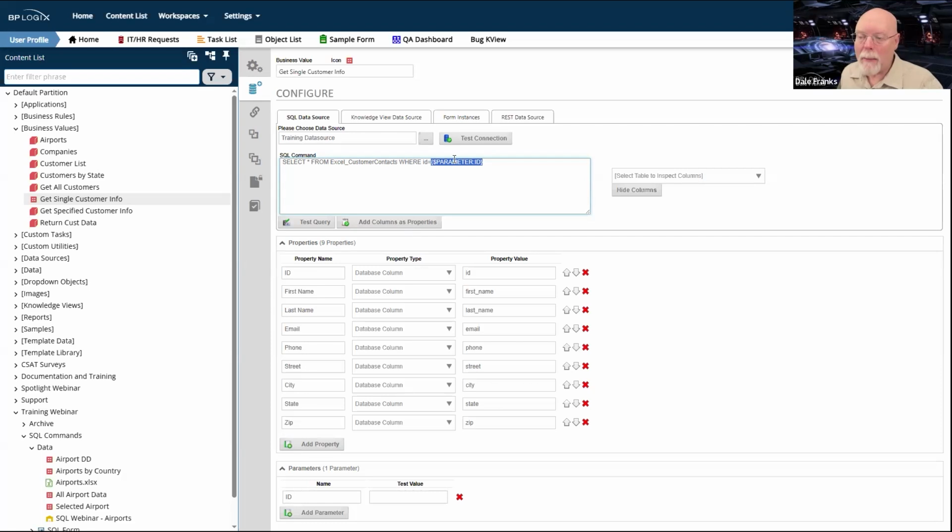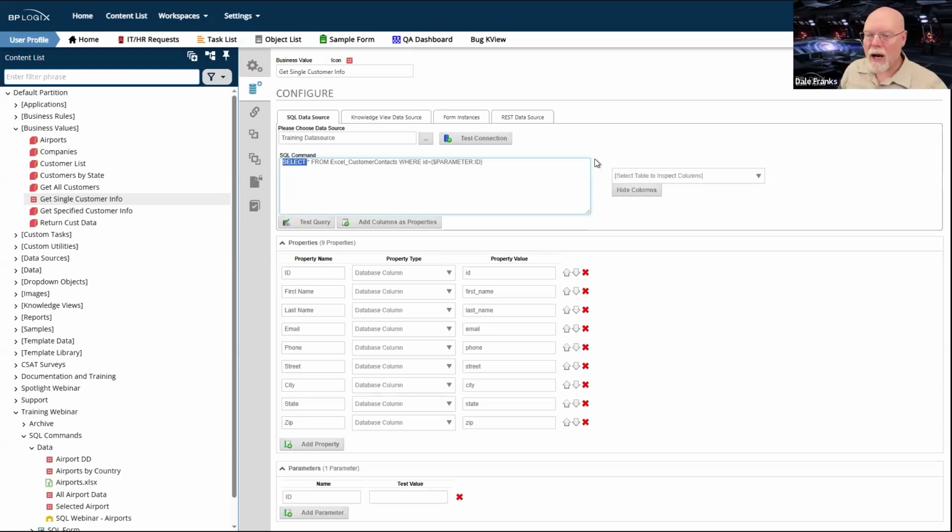I just need to be able to pass the ID for, in this case, the customer contact data for that single record that I want to pull back, a single record to display on my form or to fill out data on my form via a set form data. So this is all great if I'm doing select statements. You can ask for data from your database all day long and not really have to worry about it.